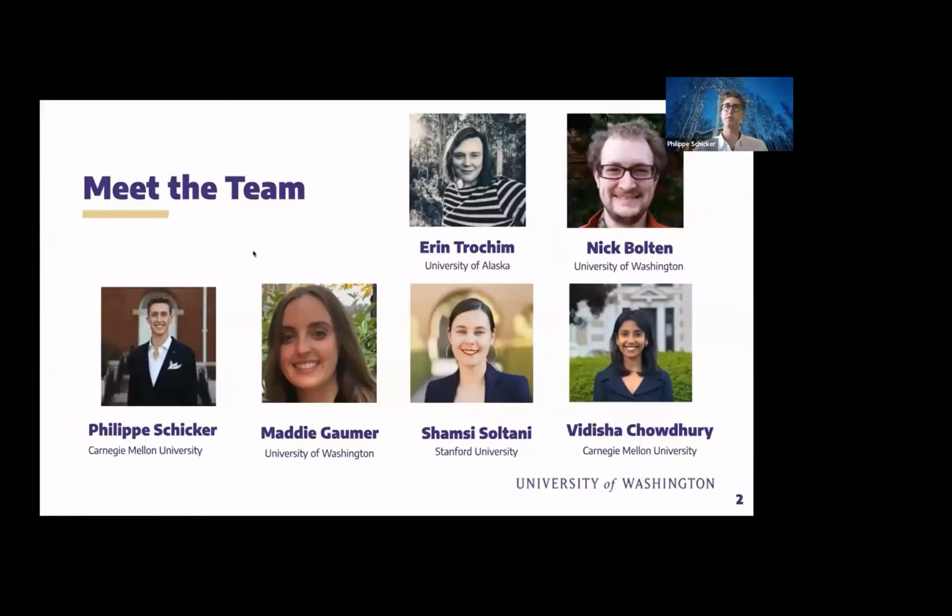We've got our team lead Erin, our data scientist Nick, and from left to right the fellows, myself, Philippe, Maddie, Shamsi, and Vidisha. We have affiliations with a number of institutions, including the University of Washington, the University of Alaska, Stanford University, and Carnegie Mellon University, and bring subject expertise in areas such as economics, engineering, public health, machine learning,